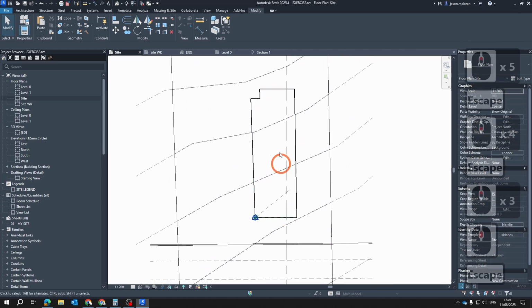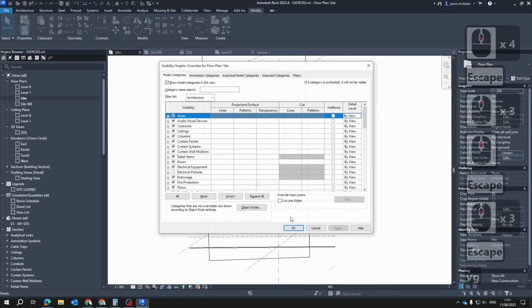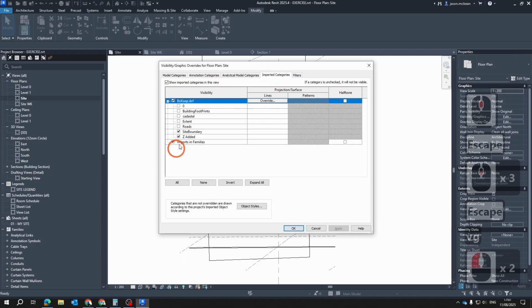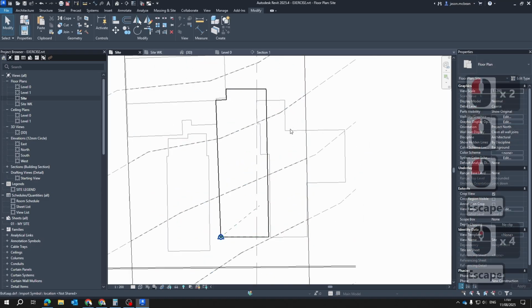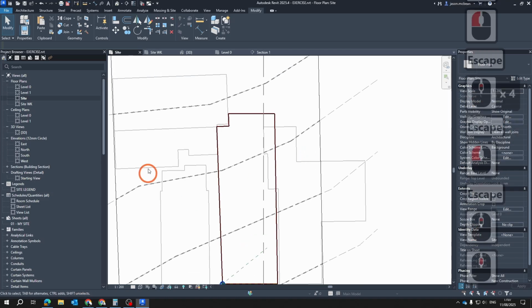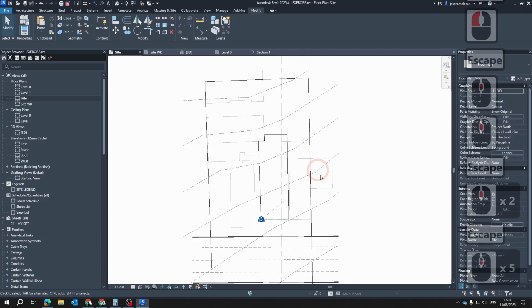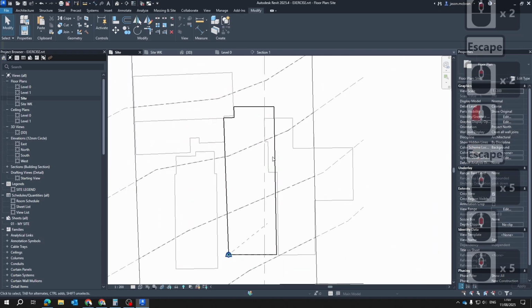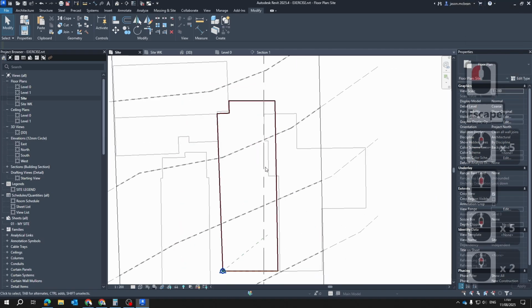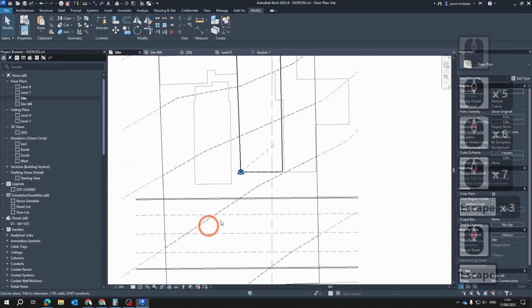Here's my site information. I can even start documenting imported categories. I can start showing where the building footprints are. So now I can go and start documenting where the neighboring buildings are. I can start extruding them as masses maybe. Okay, so here we can see we've got some site information on this site, so we might have to show that's demolished. But for now, for the site,